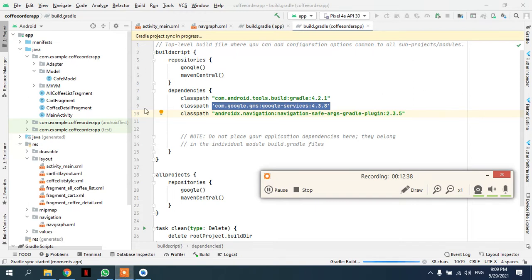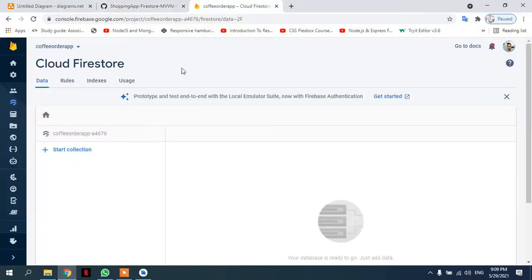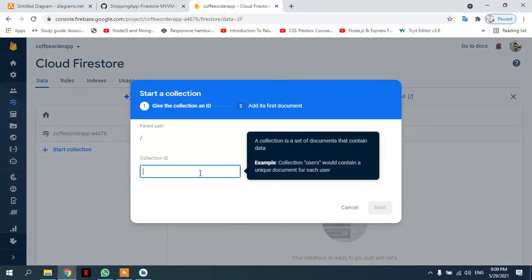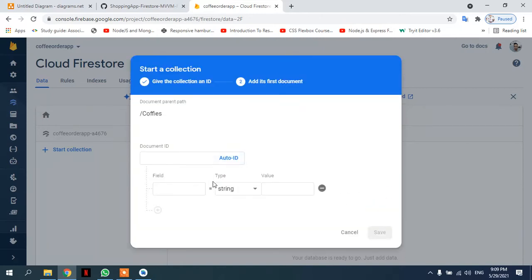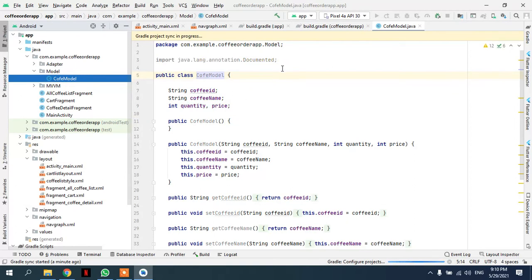Yeah, this is just 12 minutes, so I can do a lot more in this. And yeah, maybe first of all, let's just go and create a collection and name it coffee. Coffees. Maybe this is not a word, but who cares? And give it a document ID, maybe. So in no specific order, we can just name. Mhm. We have to come here, maybe first of all, or maybe I can recreate the model, but okay,